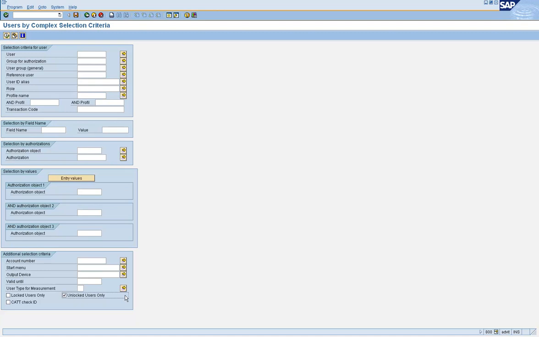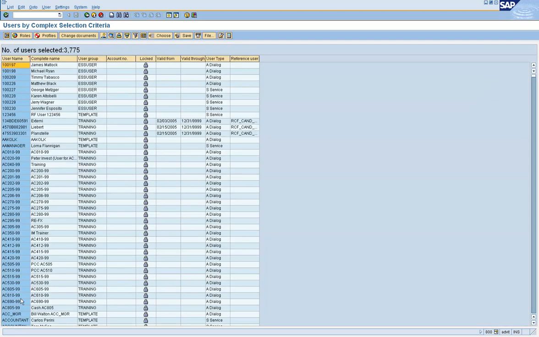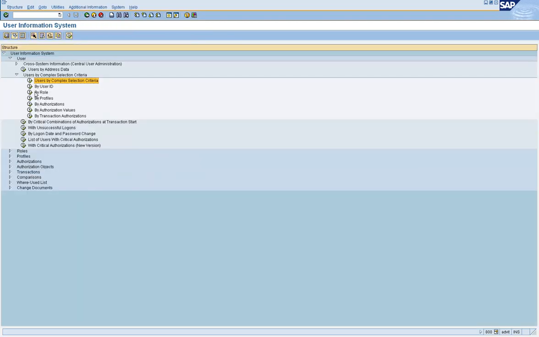So using this option or the locked user ID options, you can find out how many users were locked, and you can lock them again after the work is done. Or you can go to USR02 and get the same list. The only thing is, when you do that, it gives you the name and all, the username. USR02 will not give you that. So the choice is yours, whether to use this option, SUIM, or USR02. Done with this. You can use any of these.